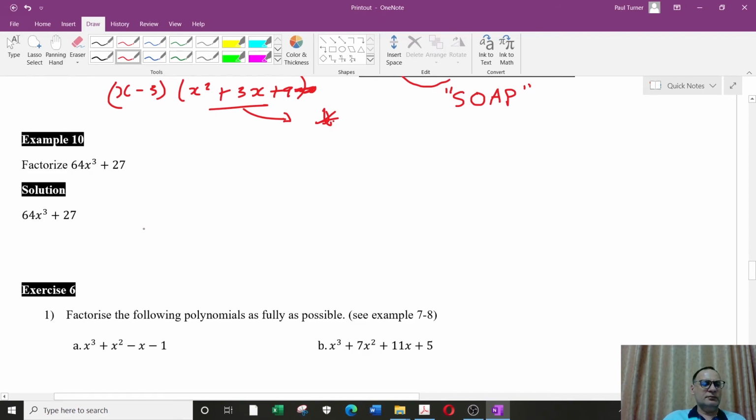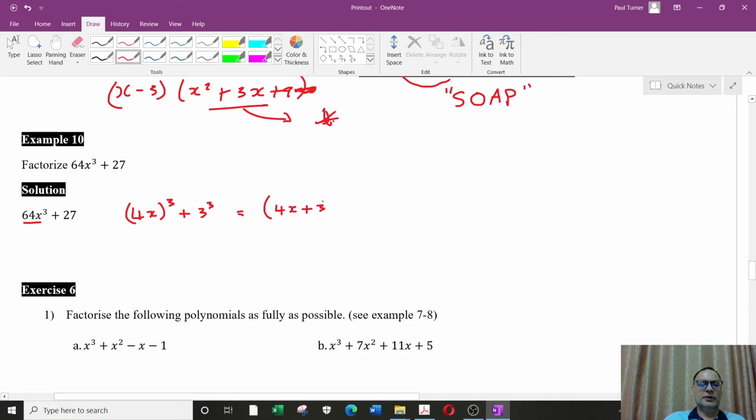In this question, we've got 64x cubed plus 27. So let's change your 64 to 4x all cubed. Remember that? 4 cubed is 64, x cubed is x cubed, and 27 is 3 cubed. Then we do the same. So our first factor would be 4x plus 3,